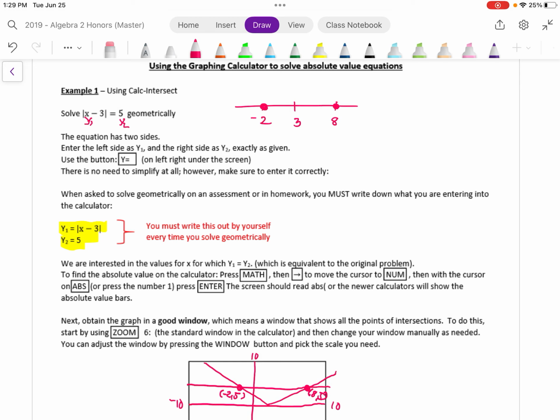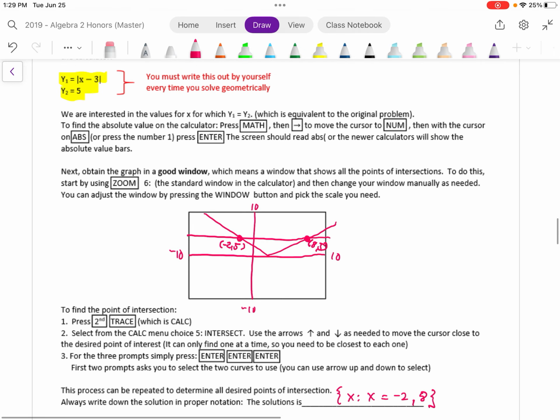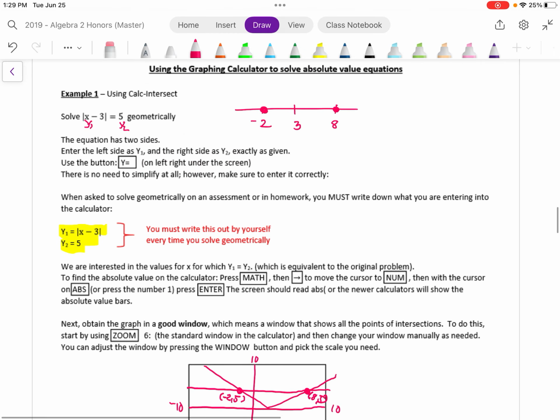Now you can use this method to solve basically any equation using a graph in the same way. Let y1 be the left side of the equation, y2 be the right side, calc intersect. Even if it's functions you're not super familiar with, this will still work. You just have to make sure that whatever intersection you're looking for is showing in the window, and then it'll help you find that. So that's calc intersect. Now, there is another option. I could also do something called calc 0. So that we're going to do that in